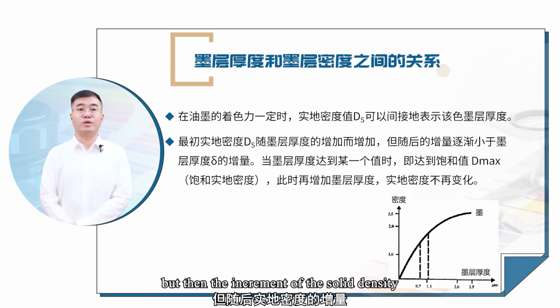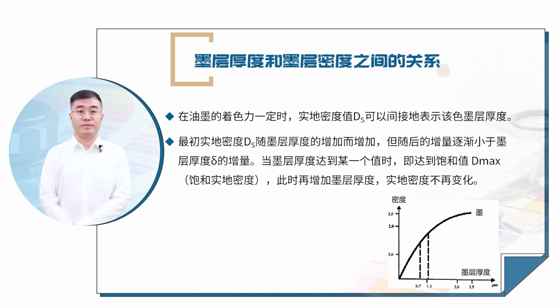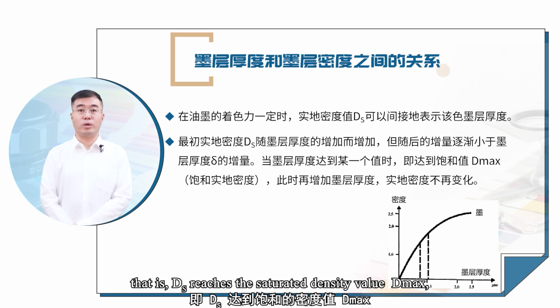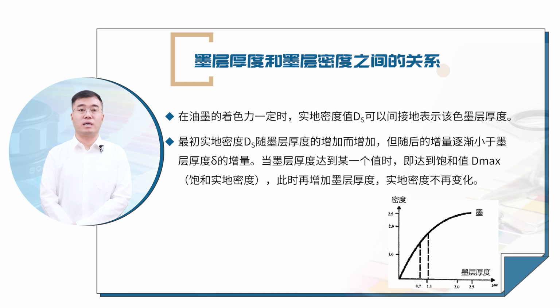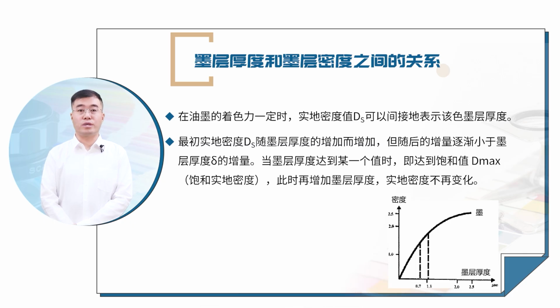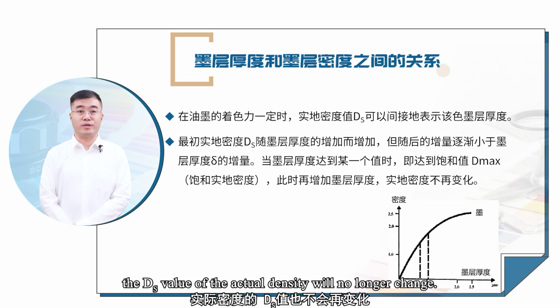But then the increment of the solid density gradually becomes smaller than the increment of the ink film thickness delta. When the ink film thickness reaches a certain value, that is, ds reaches the saturated density value D max, which is what we call the saturated solid density. At this time, if the ink film thickness is further increased, the ds value of the actual density will no